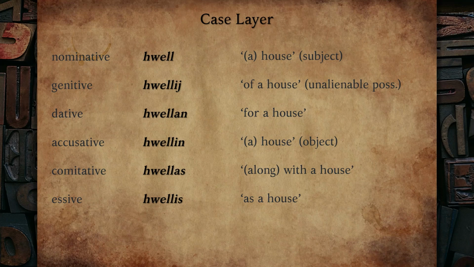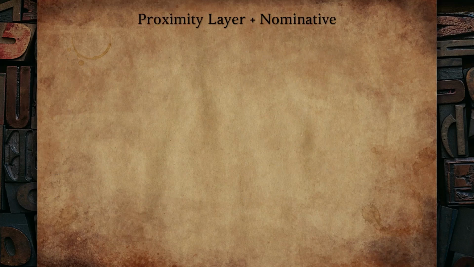So let's look at the combination of the proximity layer and the case layer next. And I'm going to show the combination of proximity layer and nominative first. So, in the proximity layer we have 5 proximities and the empty proximity. So, no marking of proximity, which would in this case just be the nominative, well, so a house as a subject. And then we have the first real proximity, which I call tangential, which is about whether something touches something else, and this is only going to be relevant for the